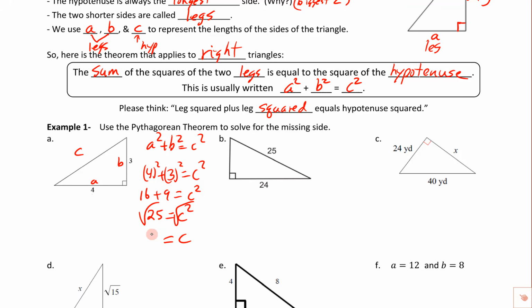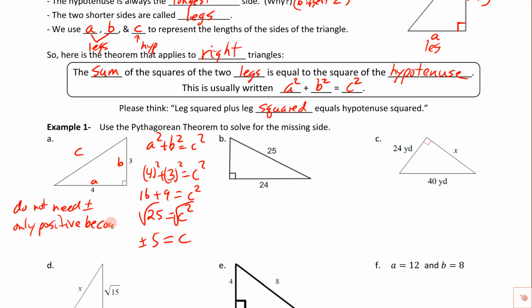Now normally when we do that, we put a plus or minus 5 and then we'd circle the answer. My question for you is, because we're dealing with a triangle, do we need the plus and the minus? Okay, we're going to write: do not need the plus minus. It's only positive